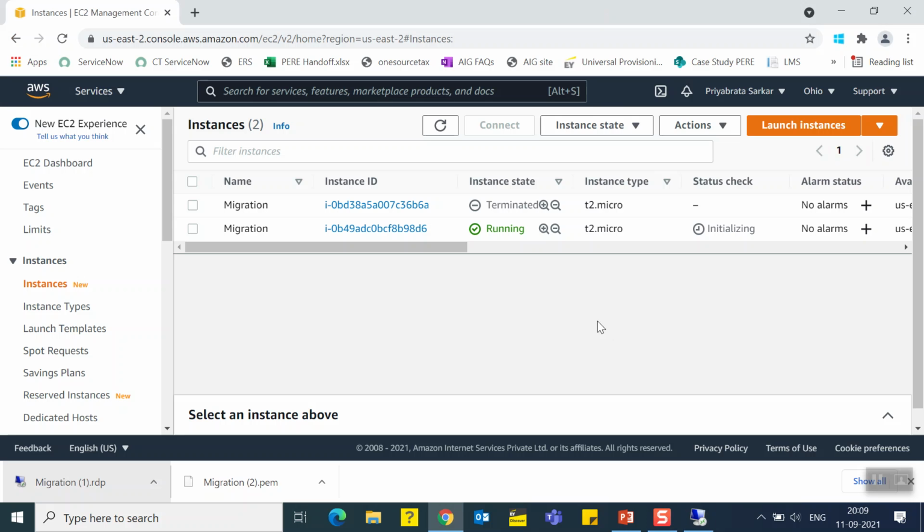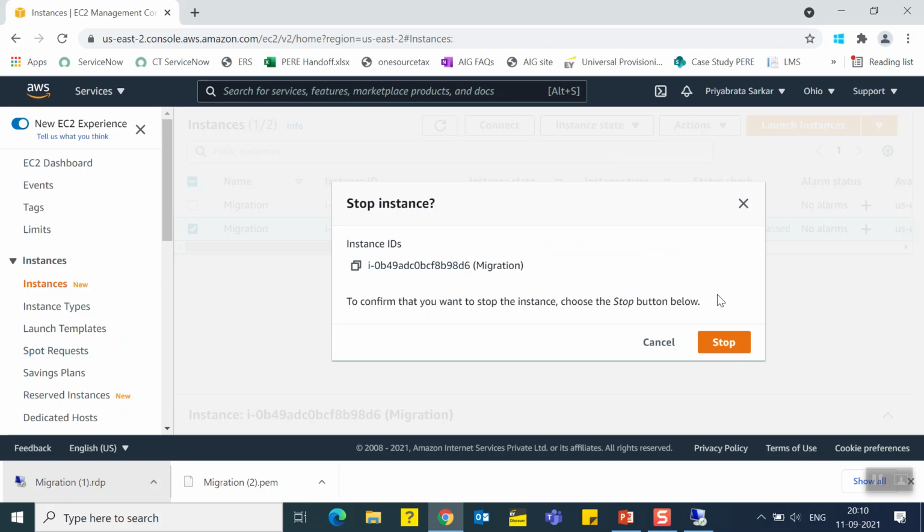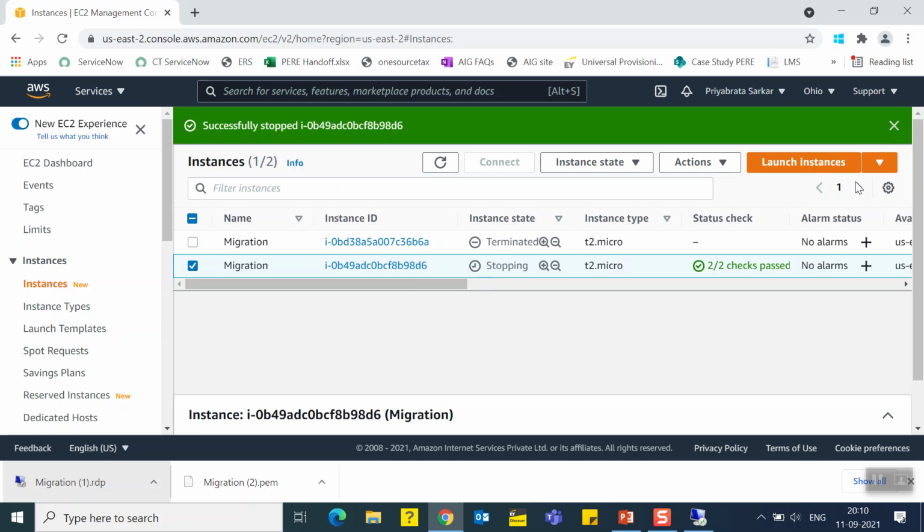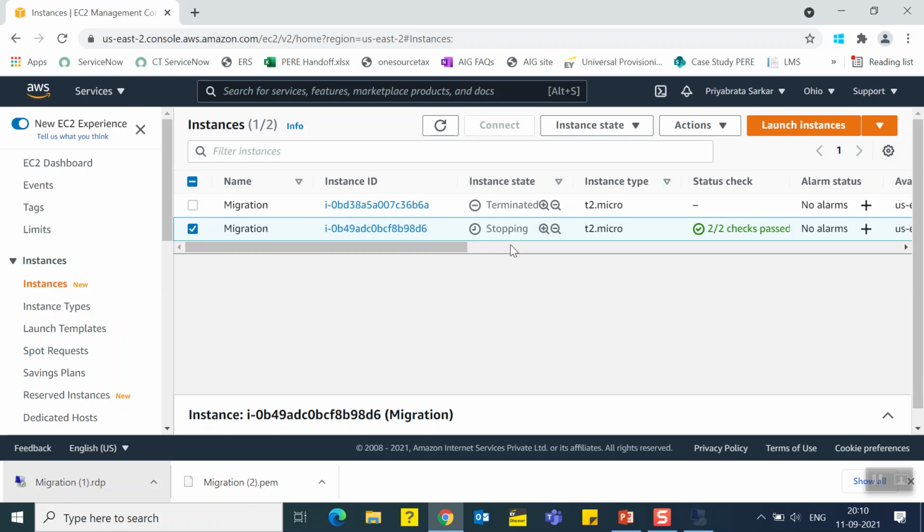So I'll just minimize this. I'll refresh this. So now what I need to do is select this and stop this instance. So I need to click on stop instance. I'll click on stop. So let's wait for the status to be in stopped mode. It will take some time. So this is how you need to stop the instance,